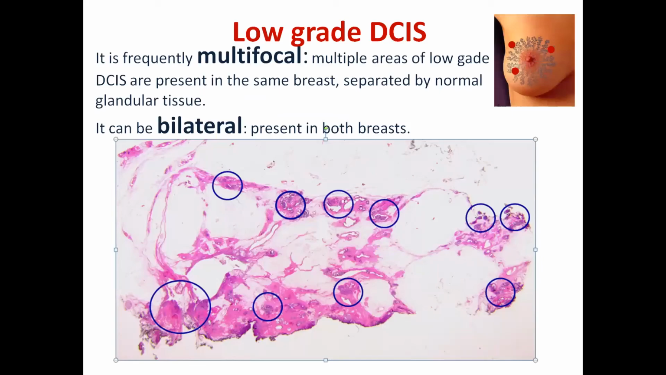Yes and no. Low-grade in situ carcinoma sometimes can be a problem. Why a problem? Because it is frequently, in about 75% of the cases, multifocal. That means we have multiple areas of low-grade DCIS in the same breast, or in about 20-25% of the cases,